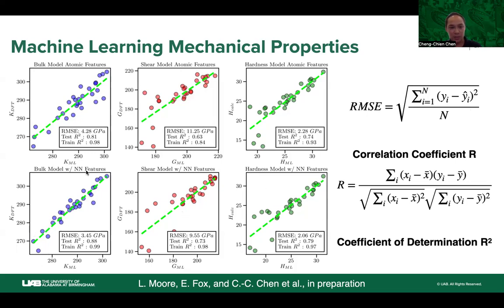On the bottom, the figures are similar machine learning models, but now with additional crystal structure information. We have talked previously about Pearson correlation coefficients, this is the definition, to measure the linear relationship between two quantities. Another way to gauge the performance of a model is to look at the so-called coefficient of determination, R squared, which is the square of the Pearson correlation coefficient. When we compare the bottom and top, we have improved the R2 score, both for the test set and the training set. This indicates that when we have additional structural features, we can improve our machine learning model prediction, which is kind of expected.